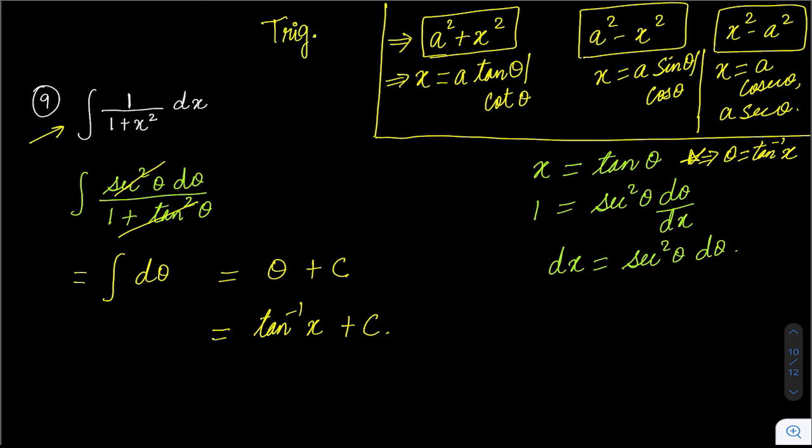Rest, if they are in your curriculum, you will see and you can use. Mostly in HL, you will have all. But in A level year 2, you don't have so much. You mostly have this tan theta. And in 1 or 2 questions, I have seen this a square minus x square also, that is 1 minus x square. Okay, let's move forward with the last question.